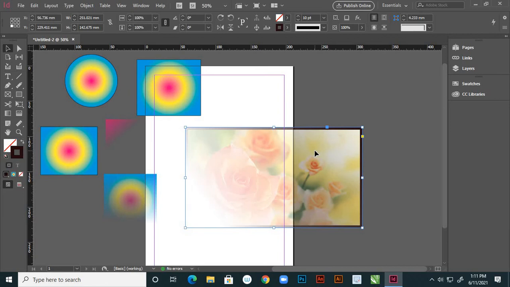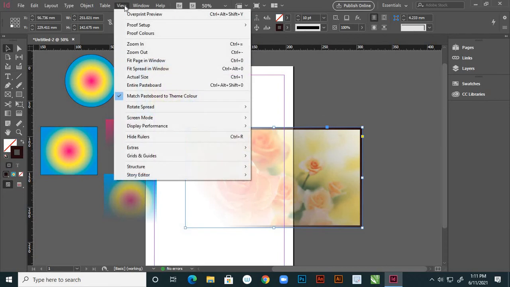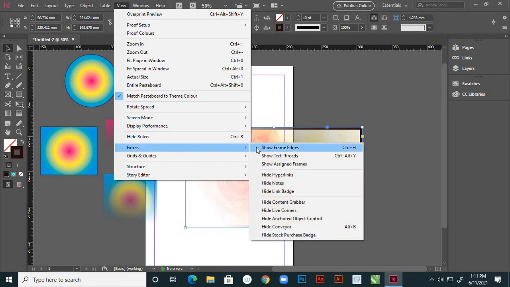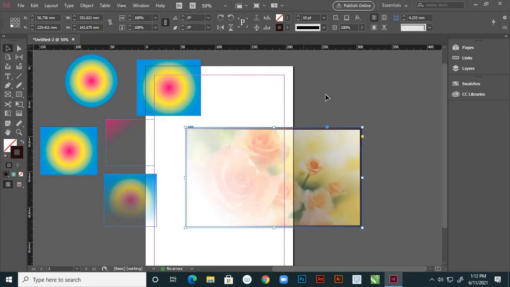Suppose here by clicking that view, and suppose in this extras show frame edges, right? The frame edges are showing, and suppose here I want to remove this outline.